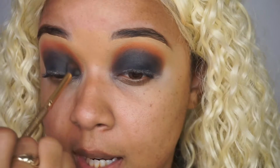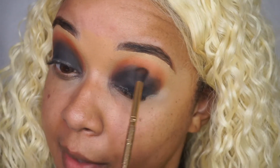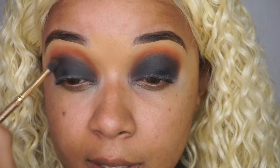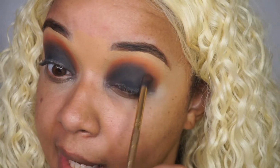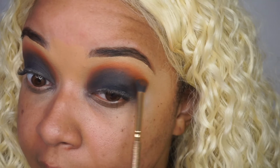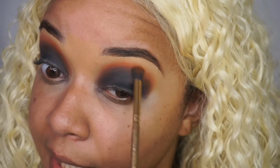The key to makeup is to blend, blend, blend. Now, there is no right or wrong way to do makeup, but I will say that blending is definitely key. That's with your contour, highlight, concealer, eyeshadow. If you just want it to have more of a smoother look, then blending is key. So now that I think I got that blended out pretty well,